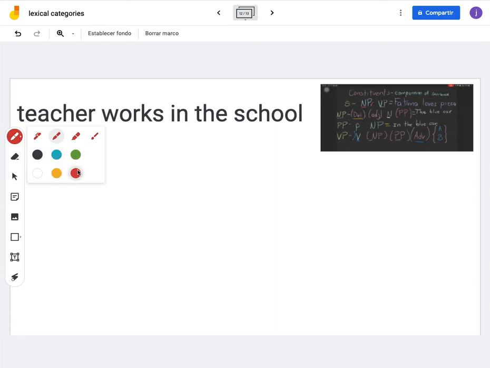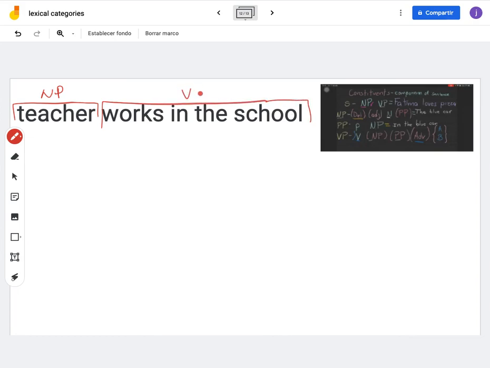So we underline with this color. Teacher is a noun phrase and "works in the school" is a verb phrase. In this case, this part is a prepositional phrase. Okay, so